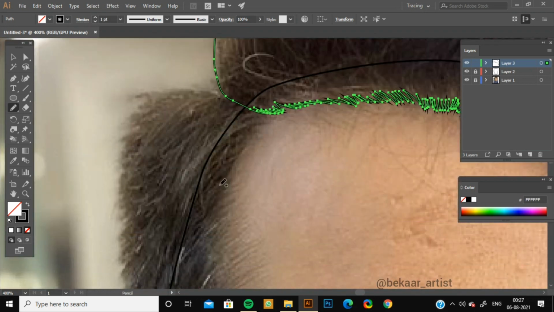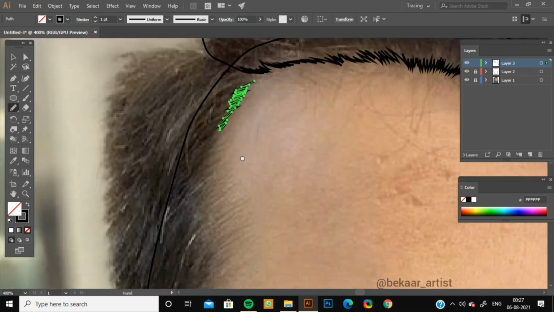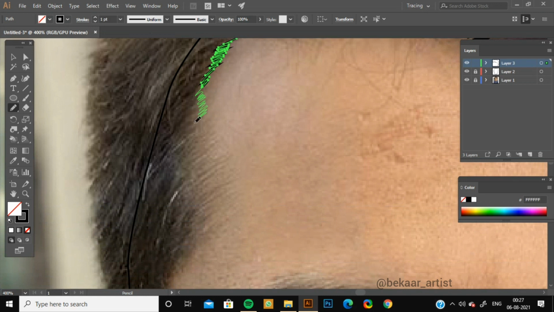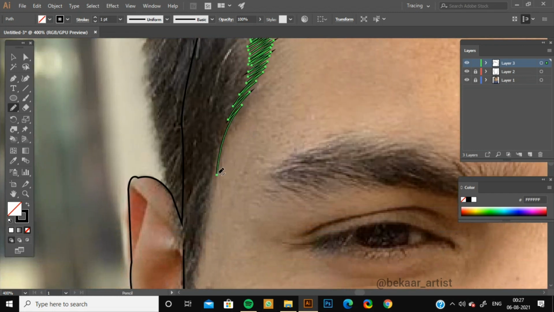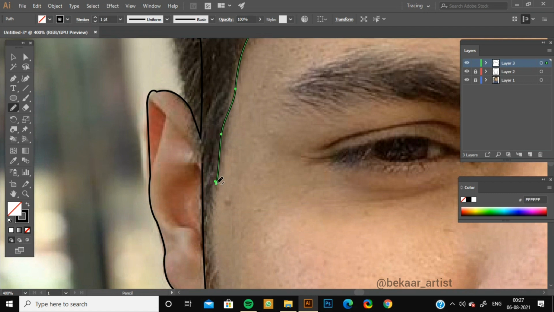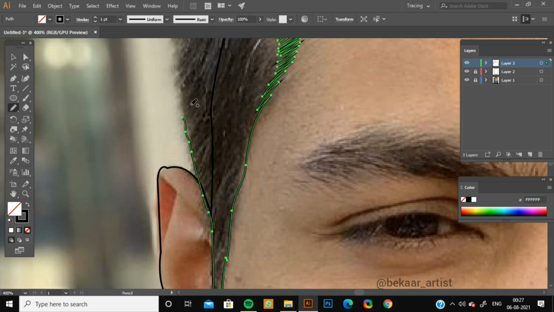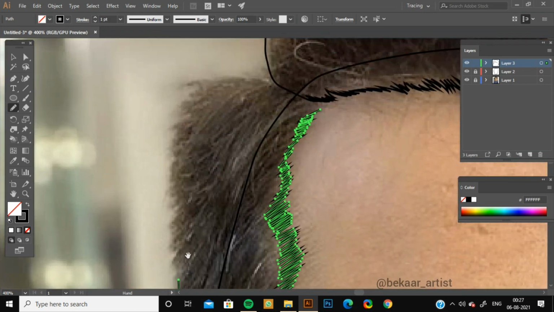Then for this part, again for hairline, just follow the same process, zigzag strokes like this. And then join.